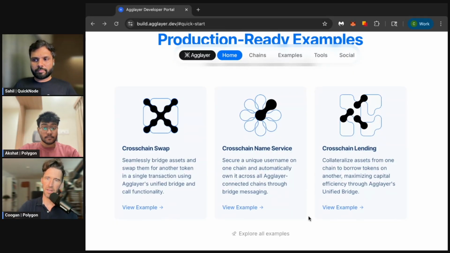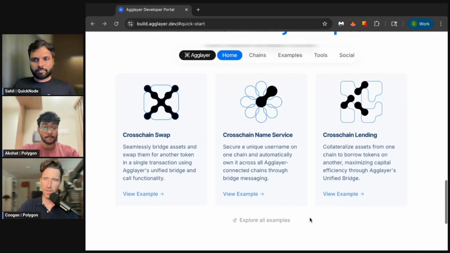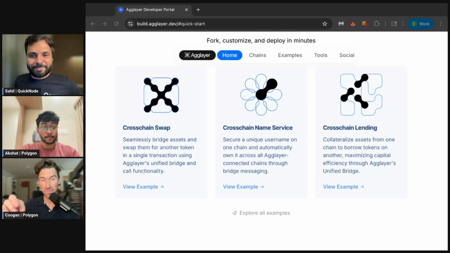And then the last one is cross-chain lending, which is being able to collateralize assets and then borrow tokens on one chain. So you stake them on one chain, or you pool them on one chain, and then they're available on the other as well. These are examples meant to teach people the design patterns